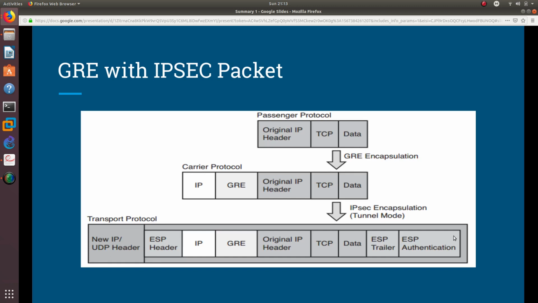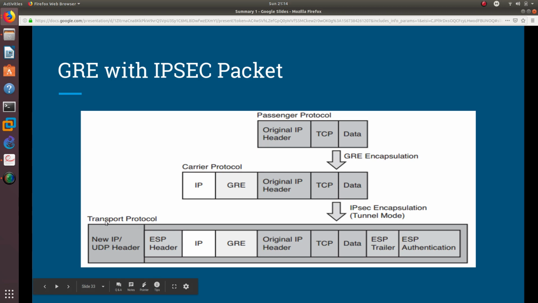And here, this is how it works. So here's the passenger protocol. If you're using IGP, RGRP, or SPF, or any of those routing protocols, what happens is it is encapsulated into the GRE tunnel. So we just insert a GRE protocol right here, and then since we want to encrypt this, because we don't want to send it via clear text, what we do is we just put IPsec on top of it,